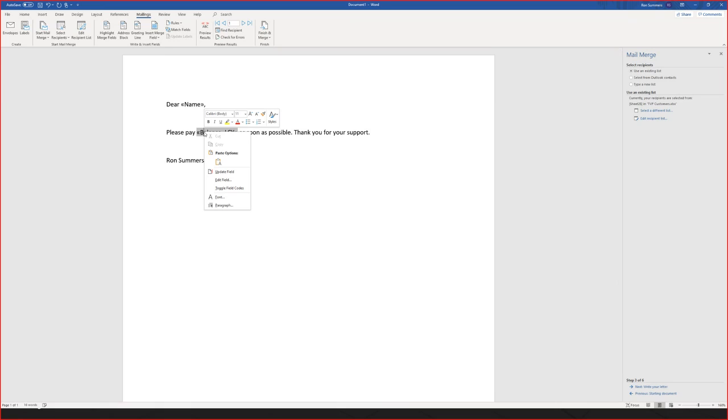If I click on this piece and hit toggle field codes, this is how we format in Word. What I'd suggest you do is Google Word field codes shortcuts or anything like that, and it'll show you the format strings for this. This is the format string for comma separated with decimal places.